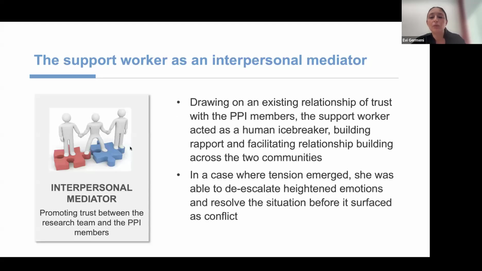PPI members and researchers occupied different social, professional, and experiential worlds, rendering the creation of a safe space where individuals could open up and freely share their views, potentially challenging, perhaps. The support worker drew on an existing relationship of trust with the PPI members and acted as a human icebreaker, building rapport and facilitating relationship building across the two communities. Moreover, in a case where tension emerged, she was able to de-escalate heightened emotions and resolve the situation before it surfaced as conflict. Specifically,